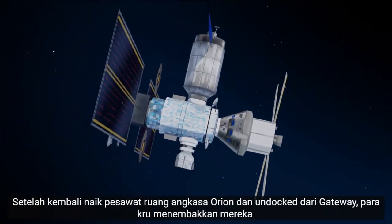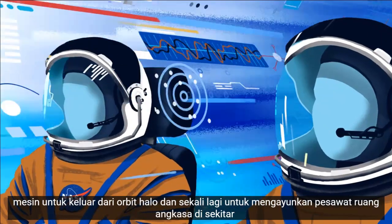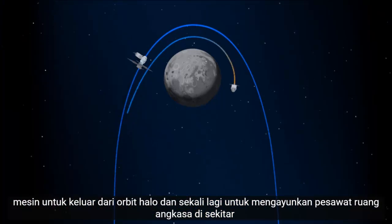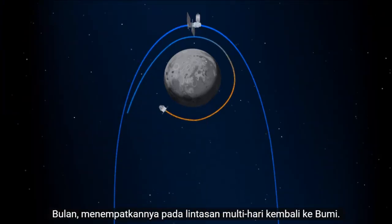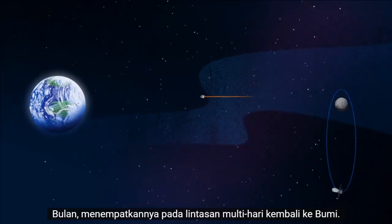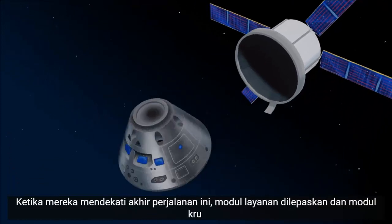Once back aboard the Orion spacecraft and undocked from Gateway, the crew fire their engine once to break out of the halo orbit, and once again to sling the spacecraft around the moon, placing it on a multi-day trajectory back towards Earth. As they near the end of this journey, the service module is released, and the crew module is